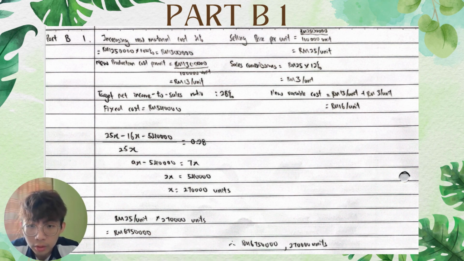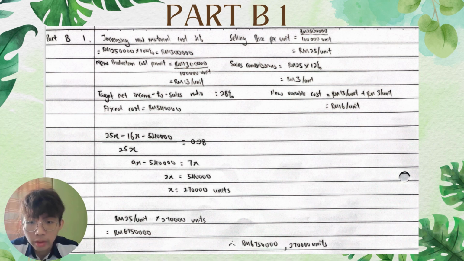So we just substitute it in here: 25x, where x is the quantity, minus 16x minus the fixed cost 540,000, divided by 25x equals 0.28. 0.28 is the targeted net income to sales ratio, 28%, converted into decimal. Then after we calculate, we can get x equals